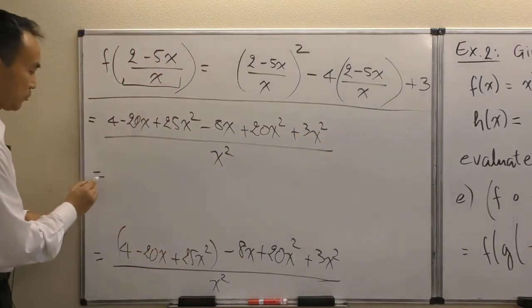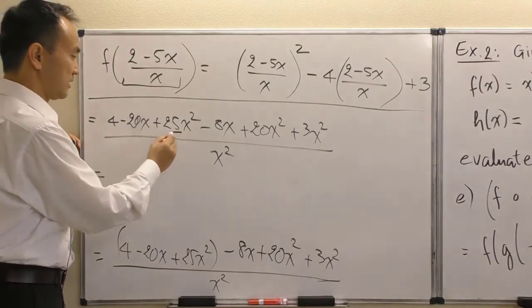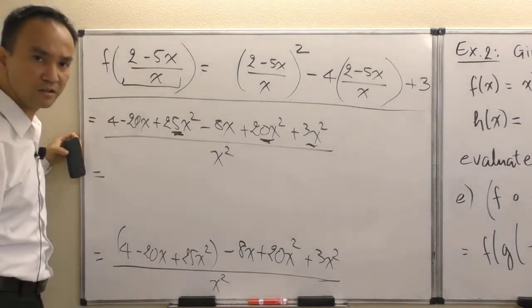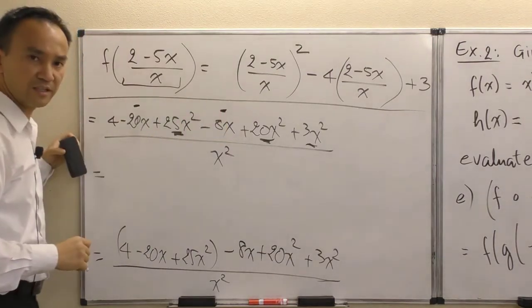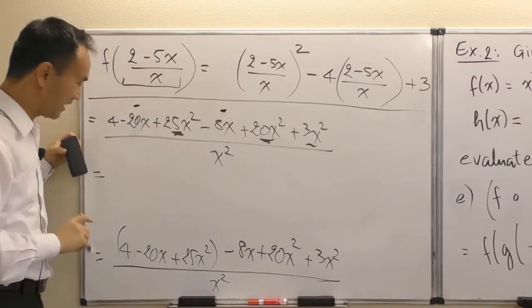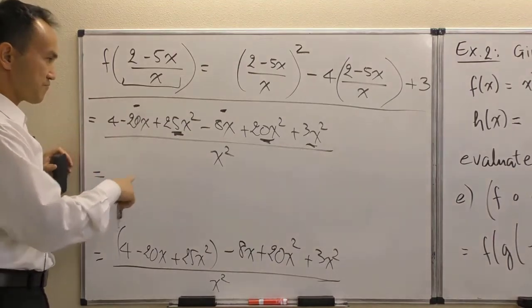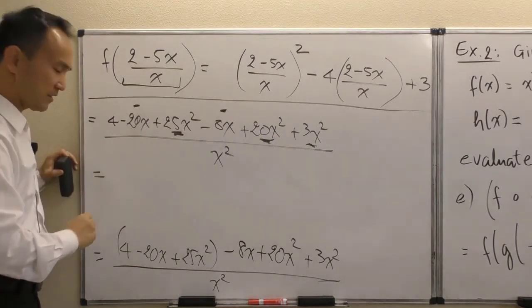One more step before we are completely done and simplified. These are all like terms, with a little underline like that, and these are like terms, with a little overline like that, and that was one lonely term. So now all together, 20 plus 3, and with the 25 right there, we're looking at